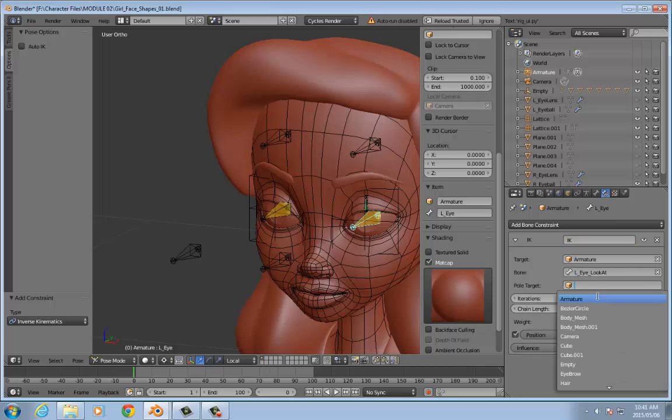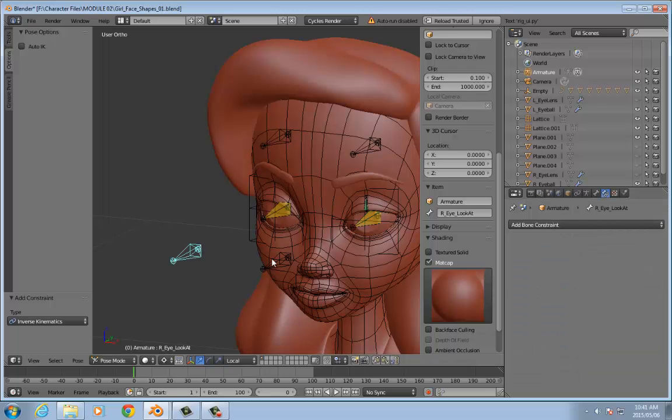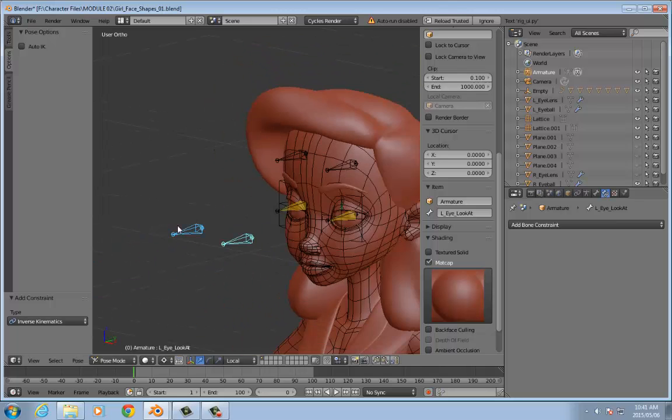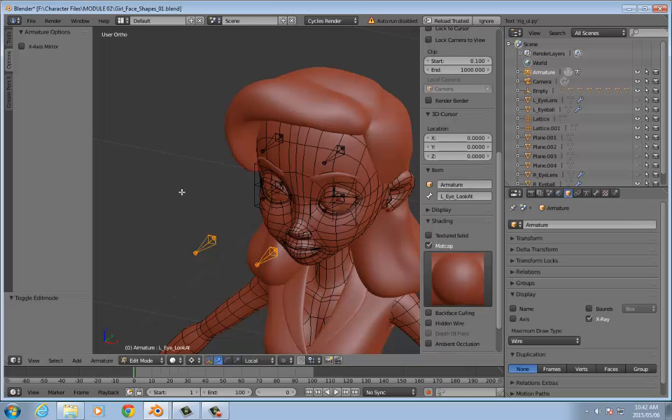Left eye look at, left eye pole target. Okay, so if we select both of these, getting super skeptical now. Okay, there we go. So now they're both looking wherever they should be. Ideally, it's going to be a little bit annoying to do that each time. So if we go back into edit mode,